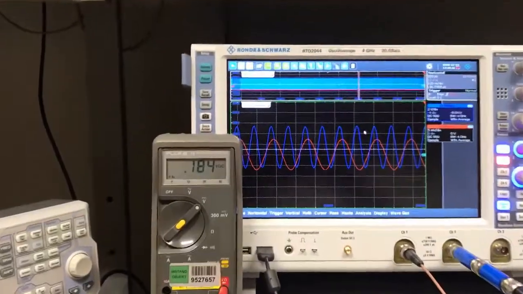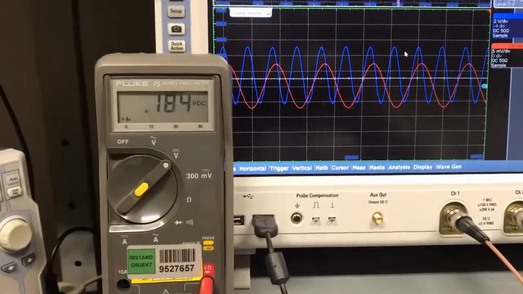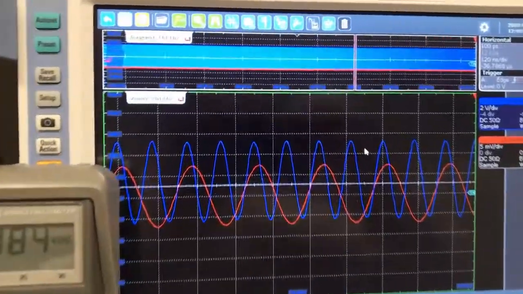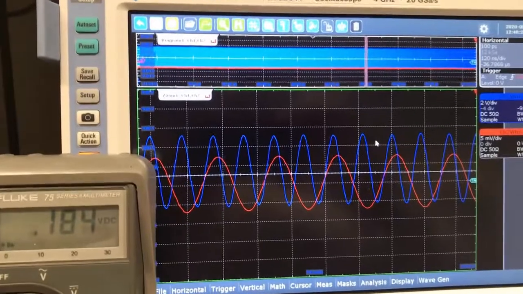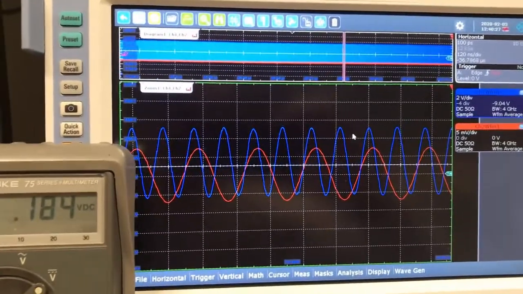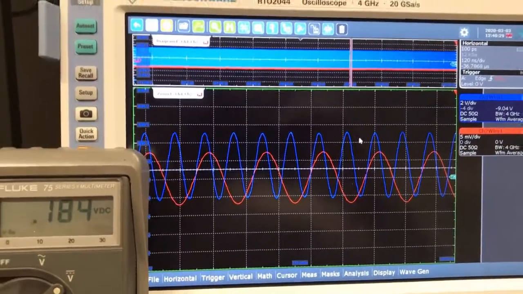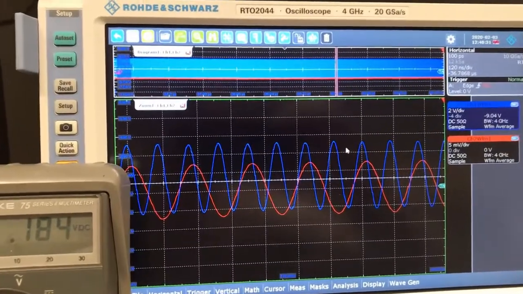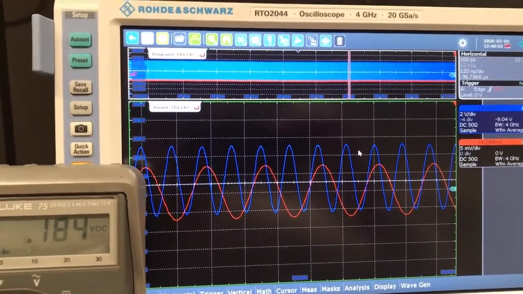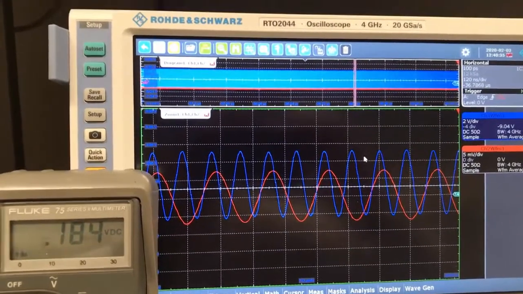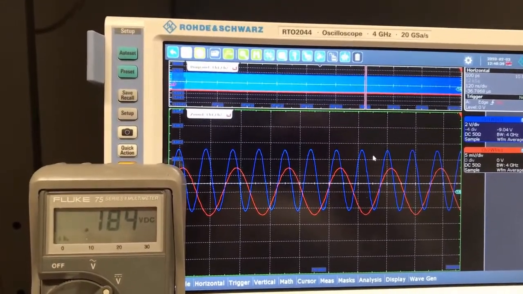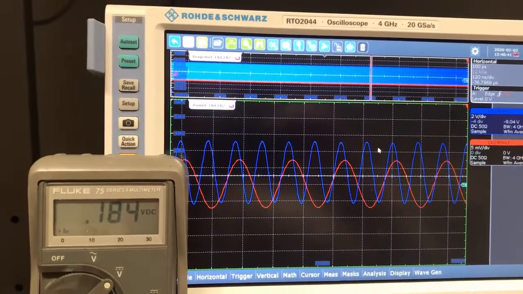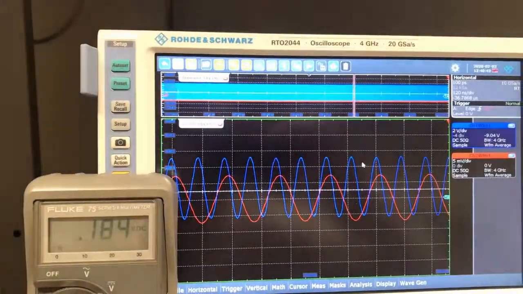So here we have the DC voltage, and on the oscilloscope we can see the blue trace is the 1600 megahertz and the red trace is the 800 megahertz. We just excited the diode, or the TVS, with the red curve, with just the low frequency, and the non-linearities created the second harmonic. As you can see here, as I move